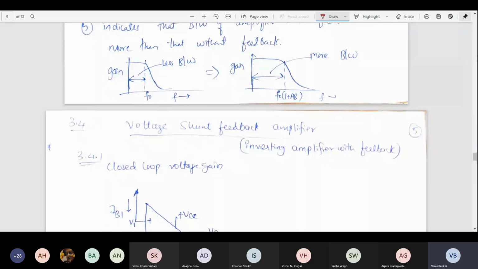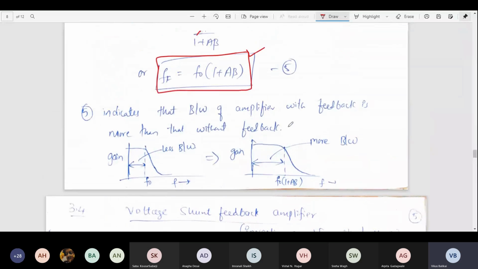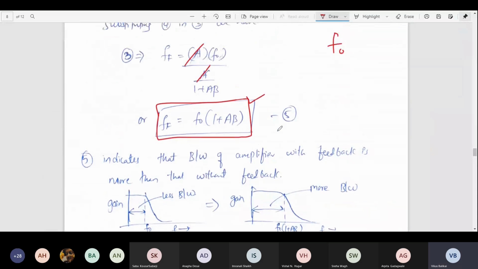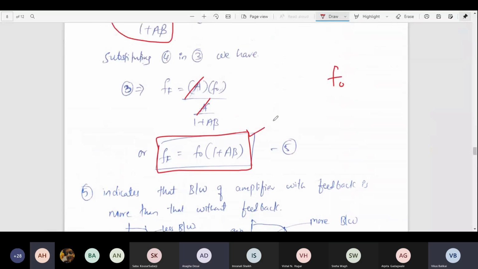Now please give me some feedback. Is this way good, or should I go with the blackboard and chalk? This way is good, sir. Yes. And I'll try to increase the quality of the notes also. Right now I just scanned whatever I have written, and the same I'm going to send to you. But in the subsequent class I'll try to scan it more brightly so that it is even more visible. I think it is visible now and you don't have any issues, but if you do, I'll make it clearer in the next class.